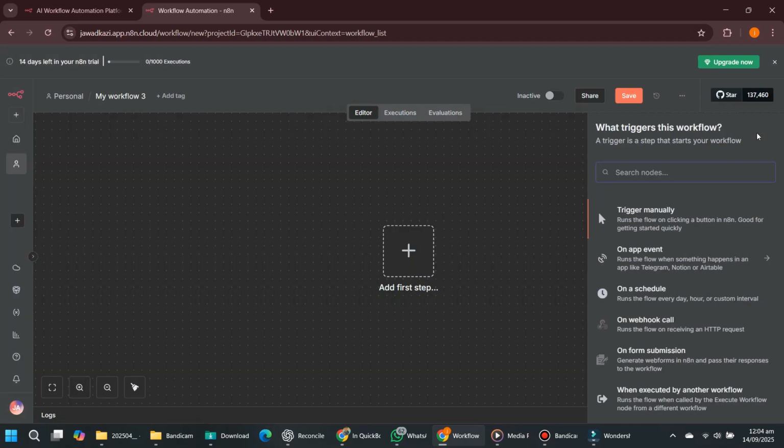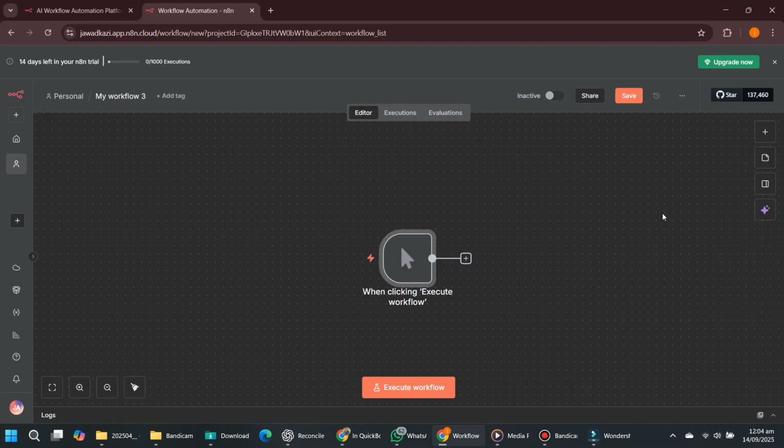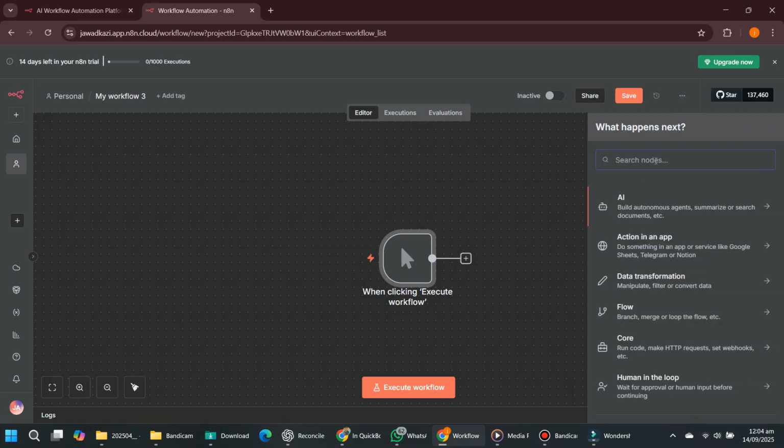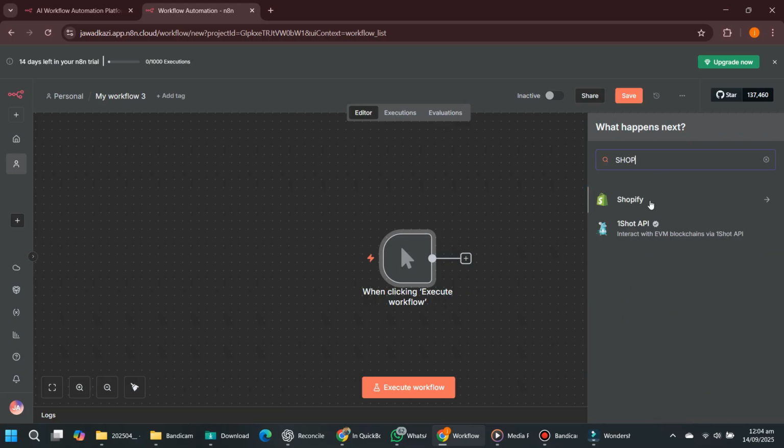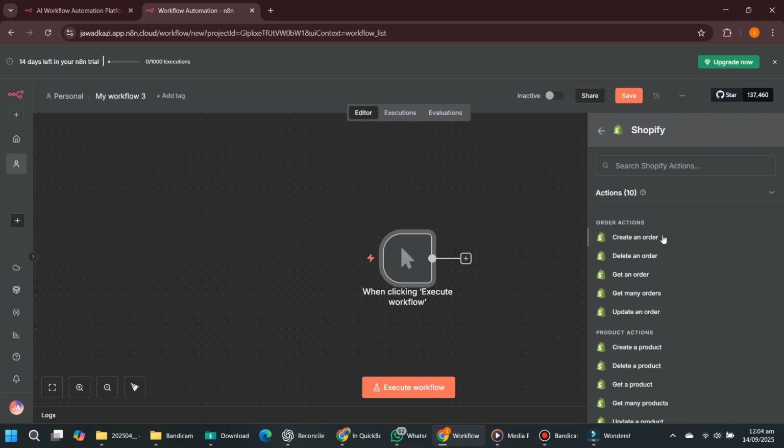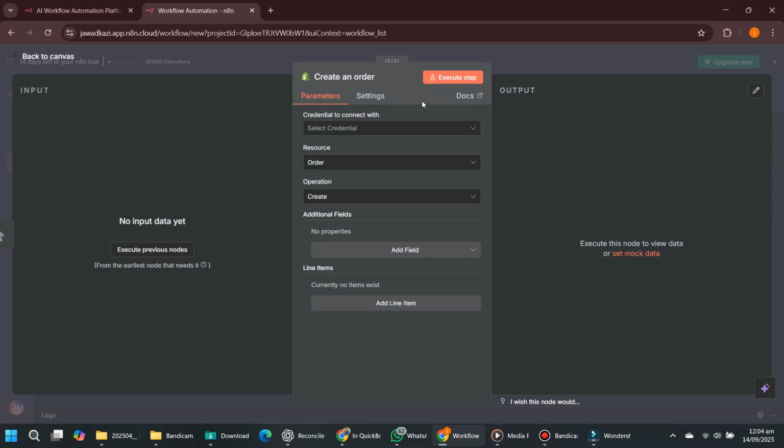Now, add a trigger node depending on where your orders are coming from. For example, if you're using Shopify, search for the Shopify trigger node, or if your orders are stored in a Google Sheet, add the Google Sheets trigger. Once your trigger is set up, connect it so that every time a new order is placed, it will fire